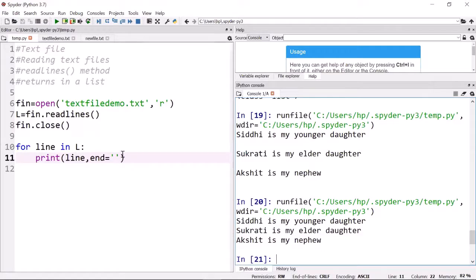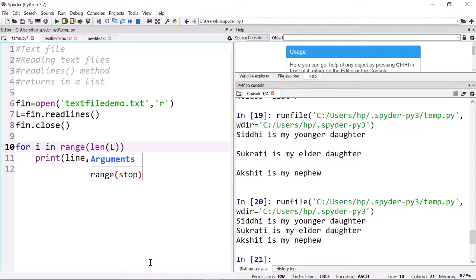So remember this logic. Okay, suppose we want to have a line number also here, that line 1 is this, line 2 is this, line 3 is this. So 1, 2, 3, how can we do? We can have a separate variable to count the line, or you can even run a loop based on for i in range function. How many times?